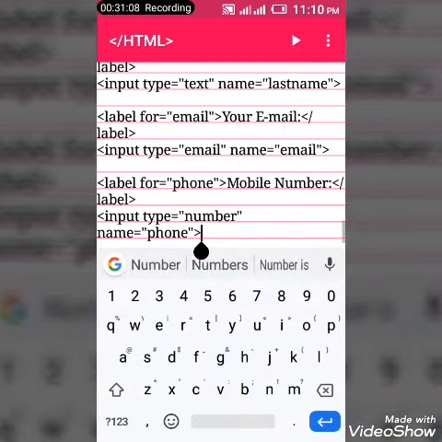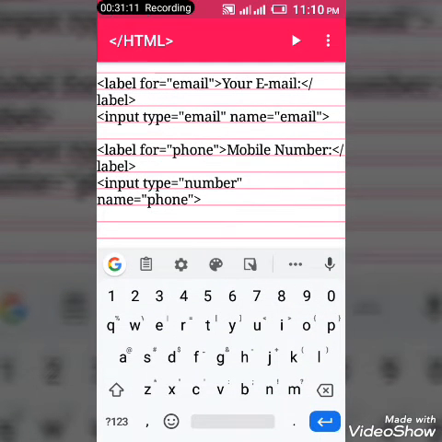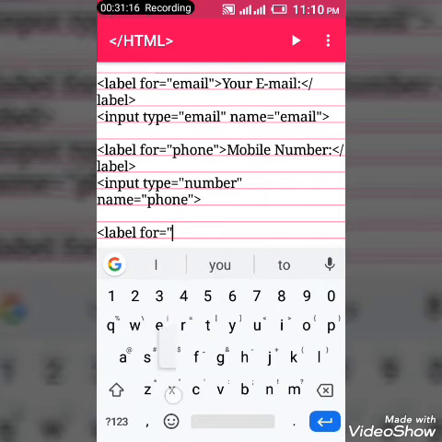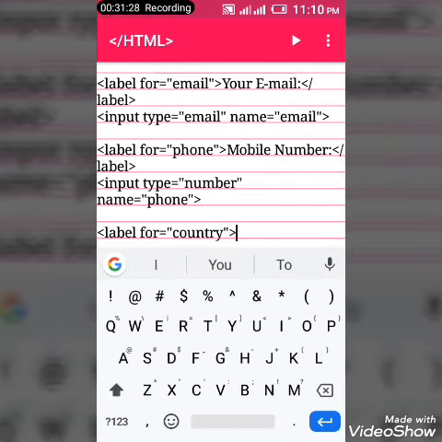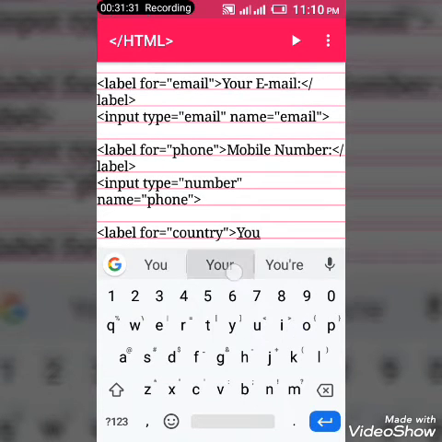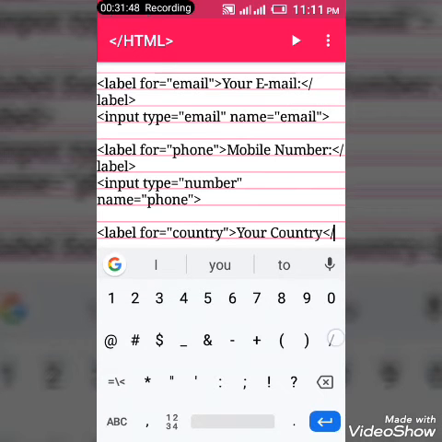Number, then right here, label for. Set this label for to be, let's say, country. Yeah, label for, let's set it country. Then your country. Remember, our aim is to build a website that will allow new users to register, and then we store all their details in our database for future use. So you close the label,